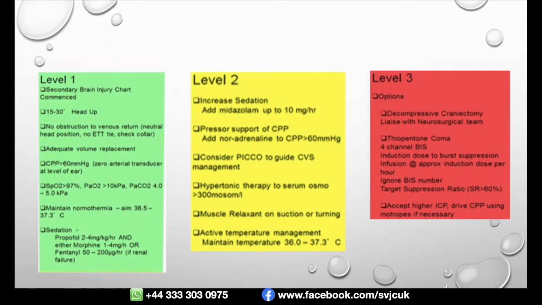If you're still worried that the ICP is increasing, you could think about paralysing the patient, so using muscle relaxant when you're doing stimulating procedures such as suctioning. And then active temperature management, so if they're starting to become hyperthermic, think about using cooling devices or external cooling for the patient. If the patient's ICP continues to rise even further, then you need to think about something like a decompressive craniectomy, and you need to discuss this with your neurosurgical team as to the